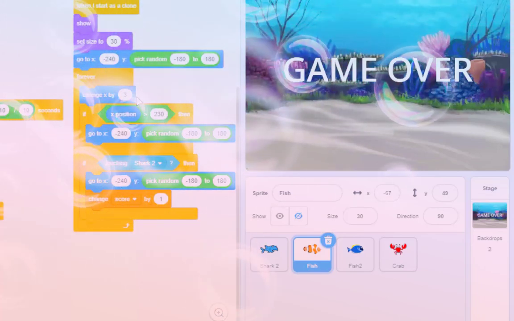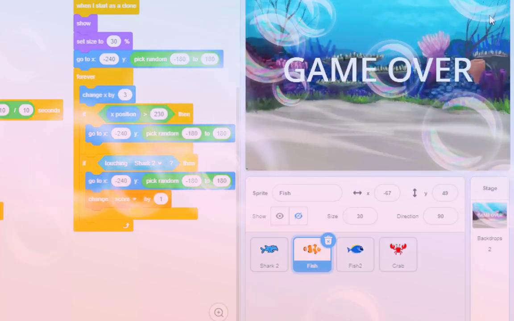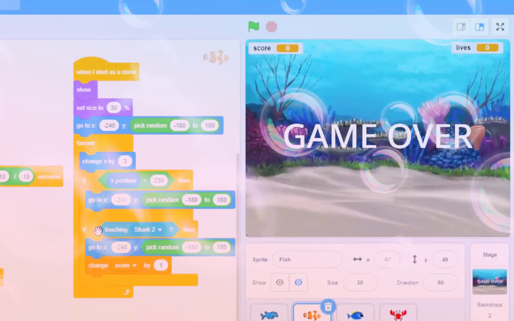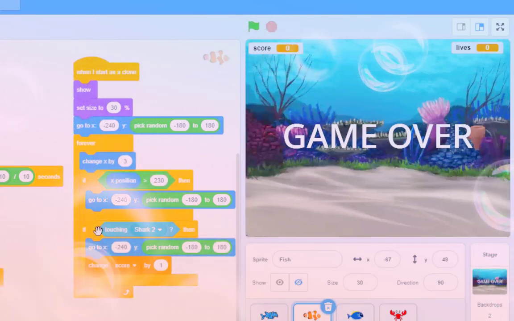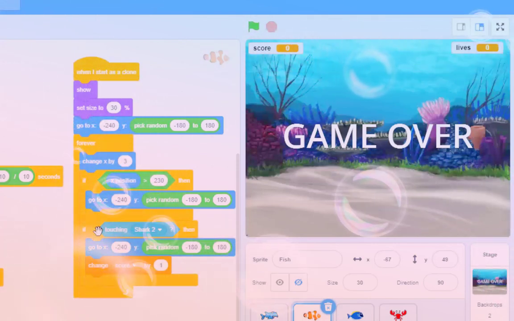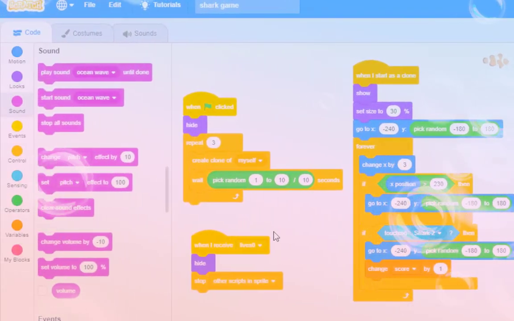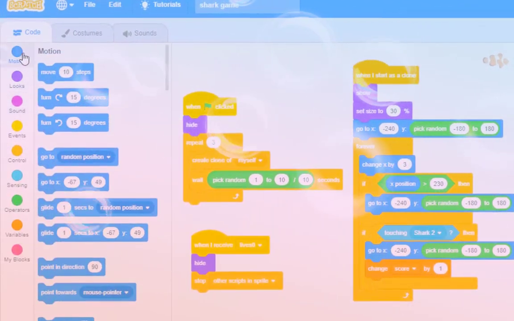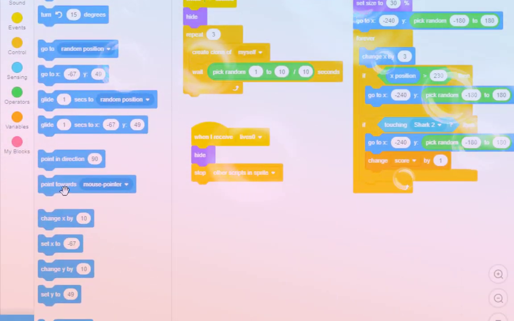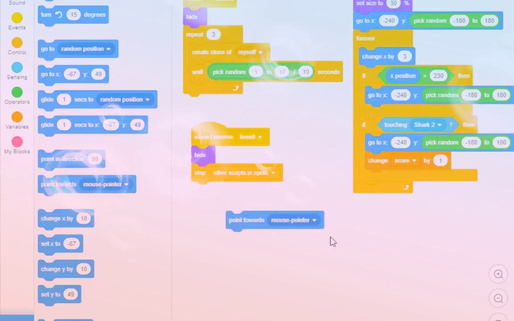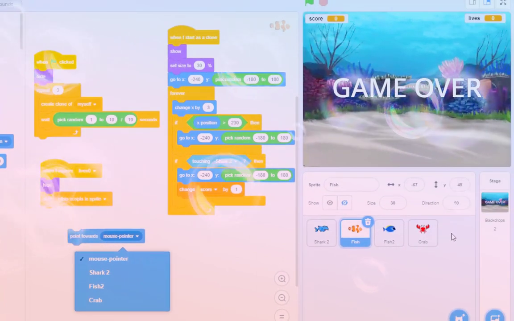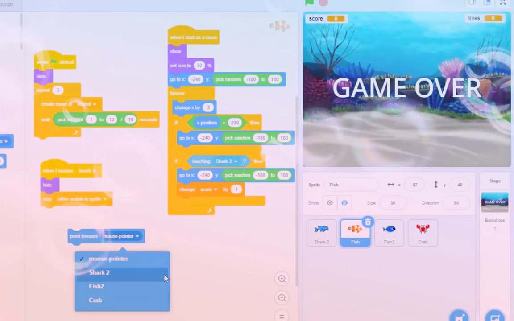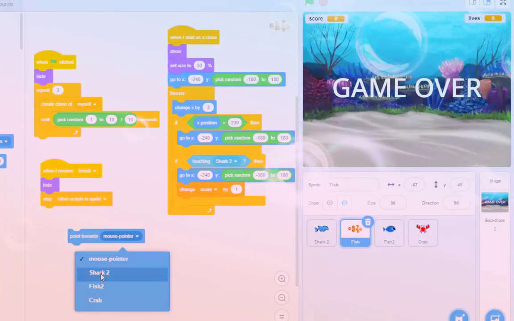Let me have a think now. Maybe, it's an idea, maybe we could introduce a puffer fish. And the puffer fish will home in on Mr. Shark. It will slowly move closer and closer to Mr. Shark. And you might be thinking, well, how do I do that? Well, actually, in motion, we had this pointing direction, but we've got point towards, and you can see that actually it can point towards any object in the game. So you could put a puffer fish in there, and maybe the puffer fish can point towards Shark 2,